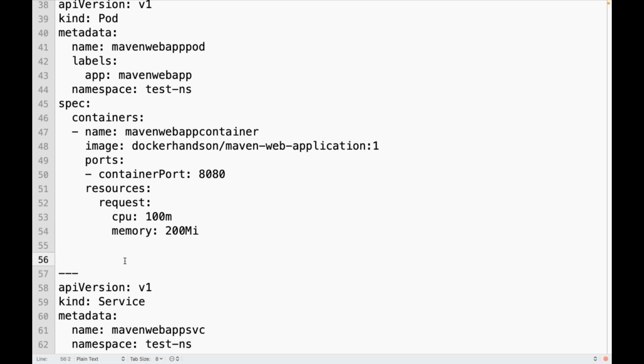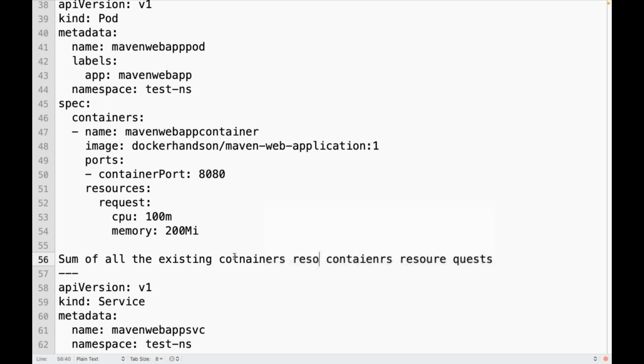Is it going to calculate the sum of all the existing containers' resource requests, which should be less than the available resources in that node? If this is the case, then only it will schedule.